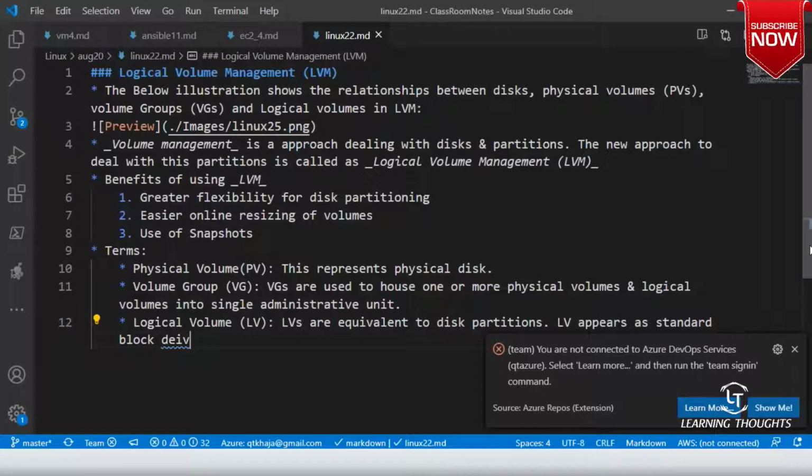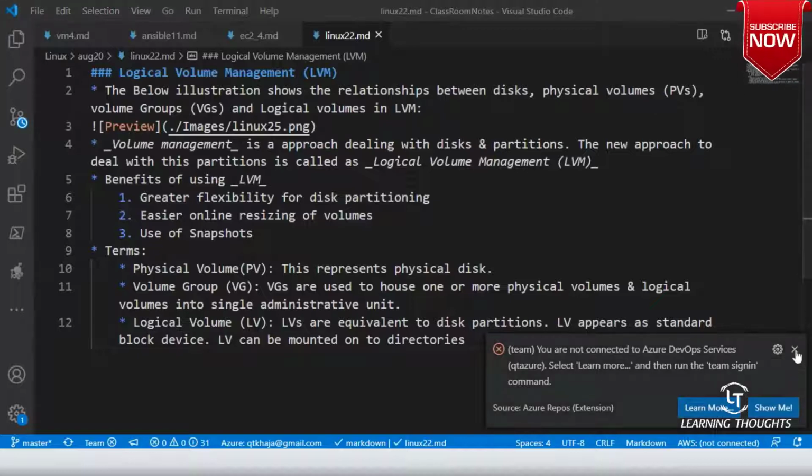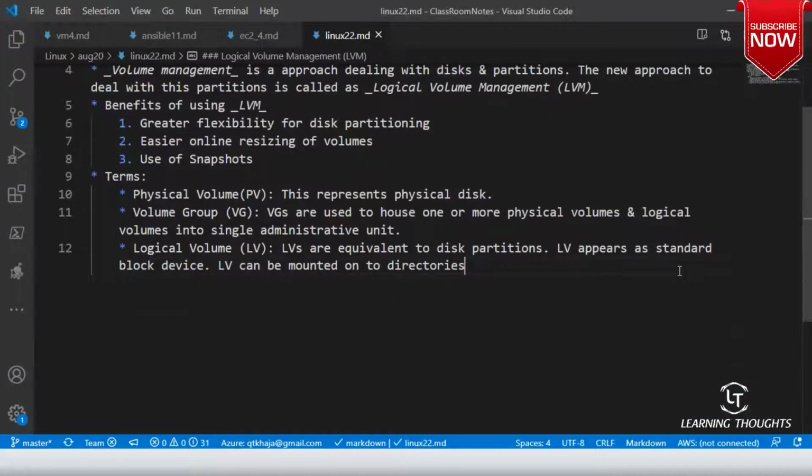So what is a block device? A block device is a storage device in the case of Linux, right? And an LV can be mounted onto directories. So in LVM, what is it that we mount? Will we mount a physical volume or a logical volume?